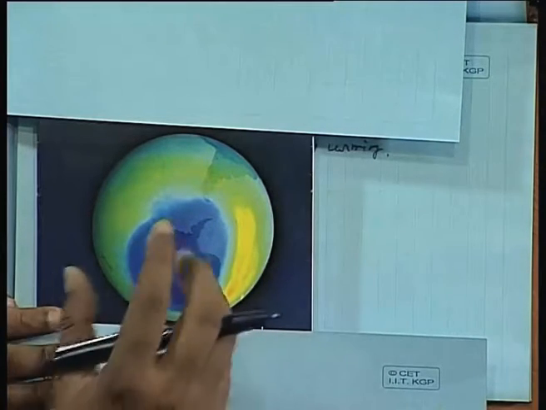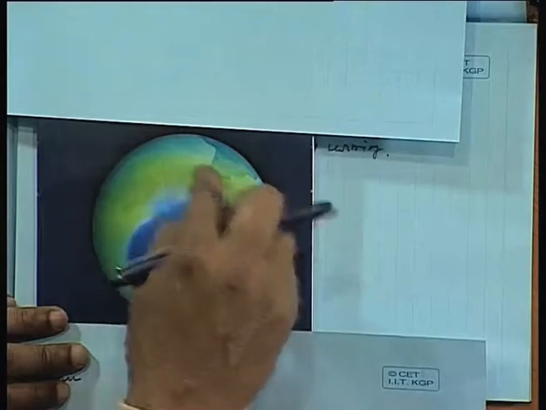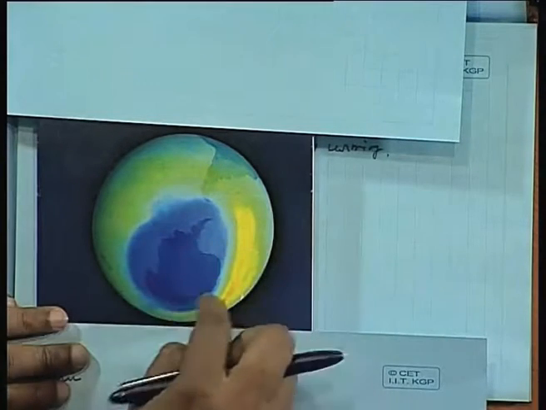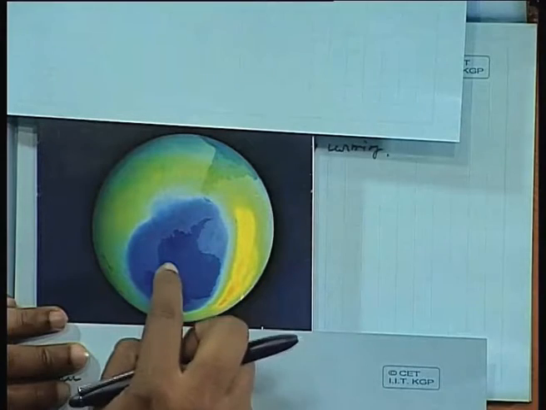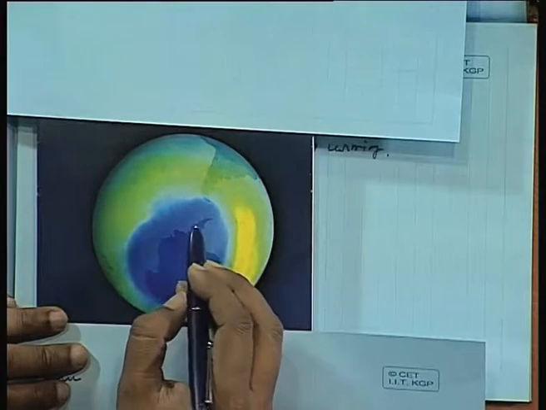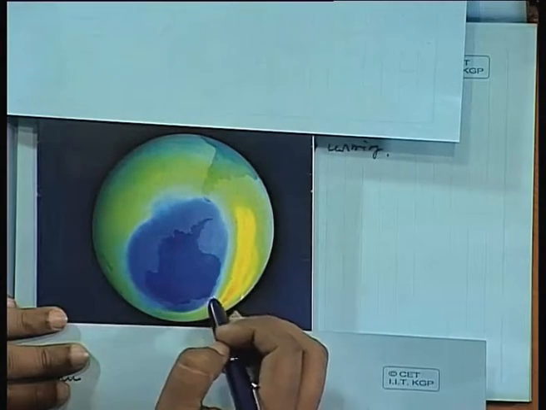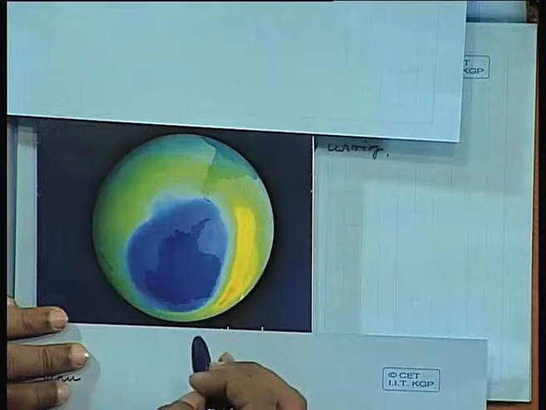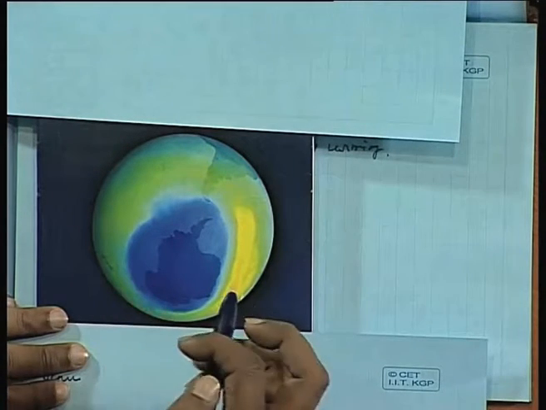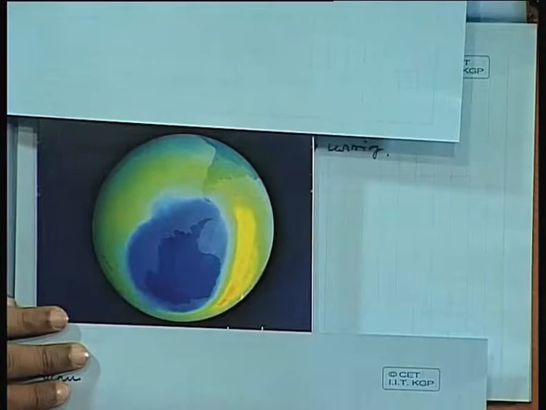There is scientific evidence to suggest this, and these pictures are available on a daily basis. If you go to the website of the National Oceanic and Atmospheric Administration of America, NOAA, you can write it down,